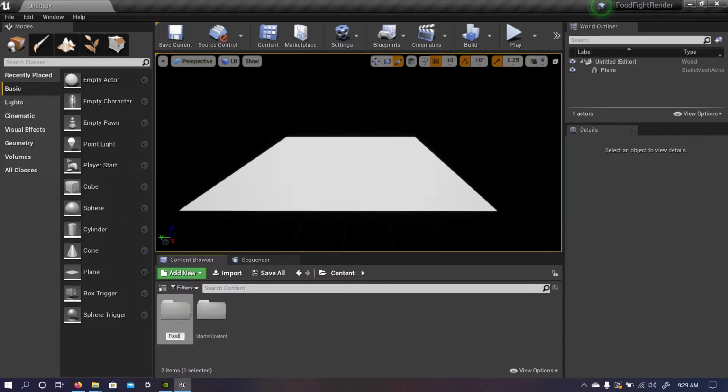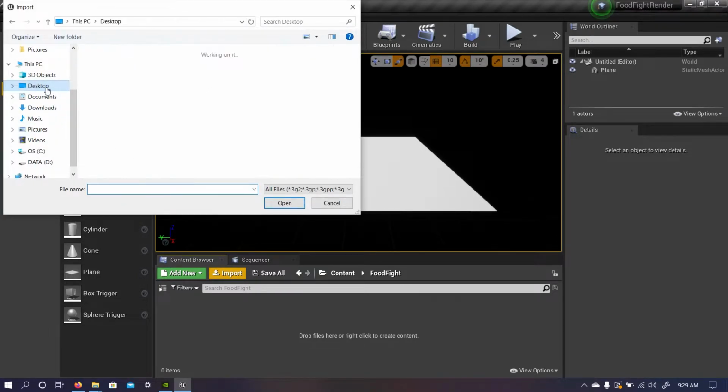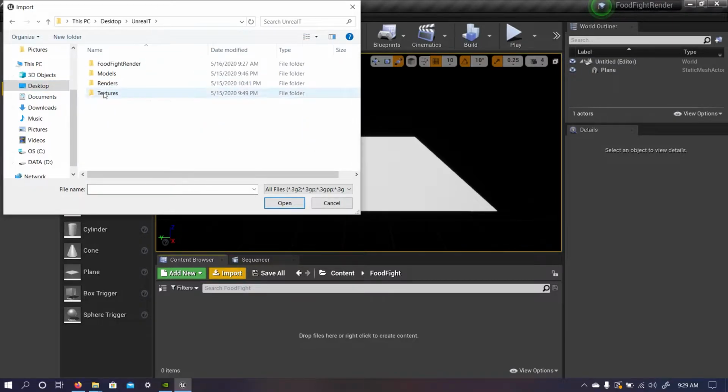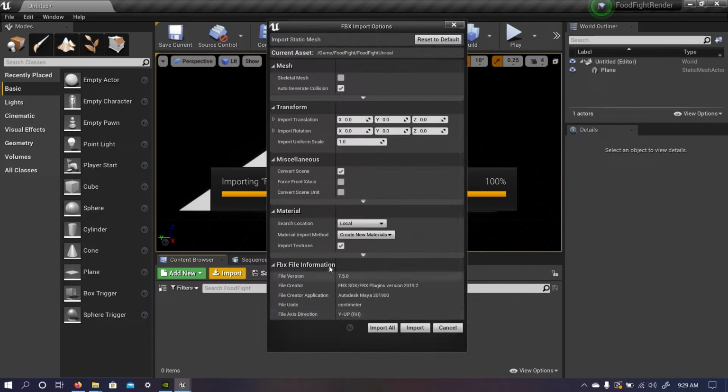So Food Fight. There you go. Okay. And now what we want to do is go inside that folder, and from there we go into this import section, right? Click on the tab and go look for your model, right? So right here, my Food Fight Unreal, and okay,